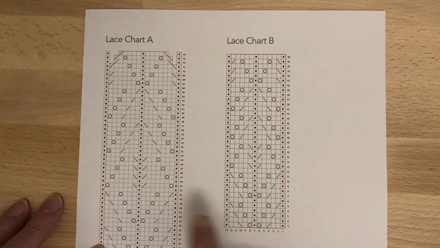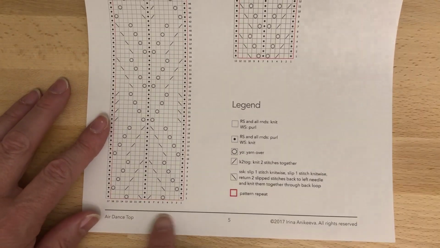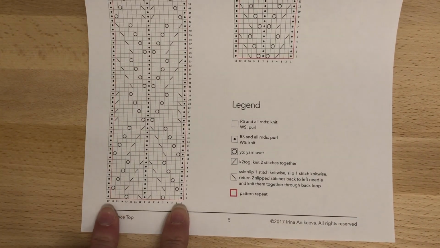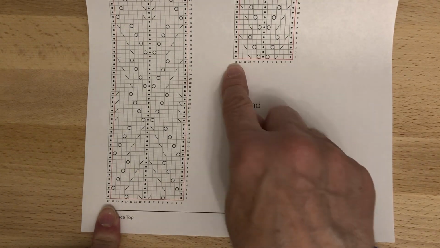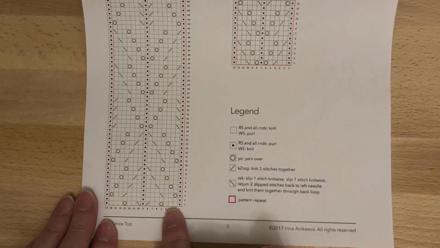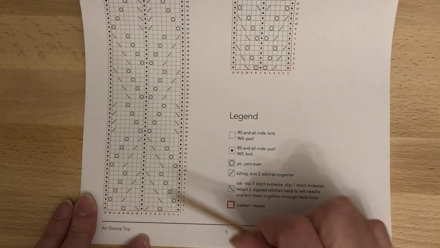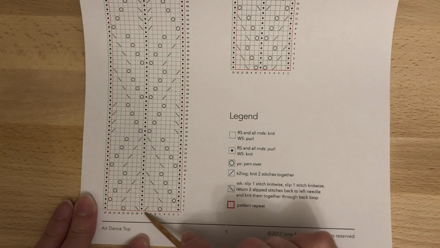We have lace charts A and B that we'll be working with first. And I'm going to point something out, and that is that there are 17 stitches across on lace chart A and 13 stitches across on lace chart B. If you look at a color copy, you can see that there's a red line around the first 16 of